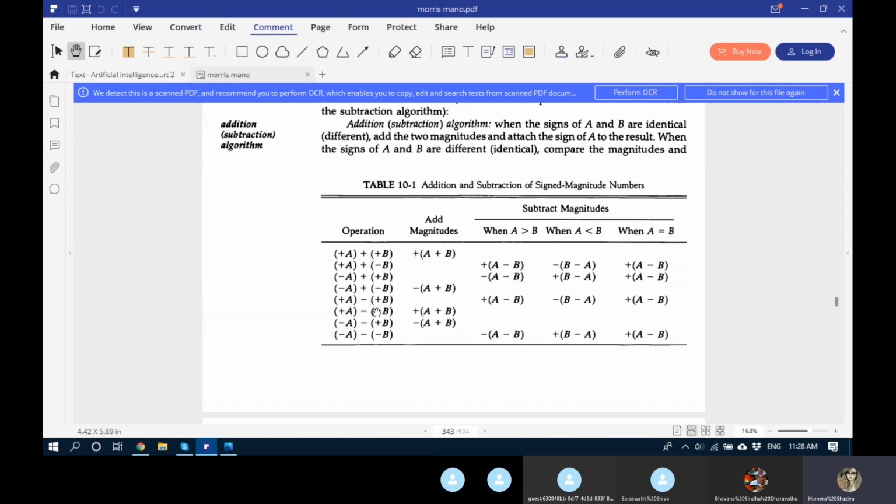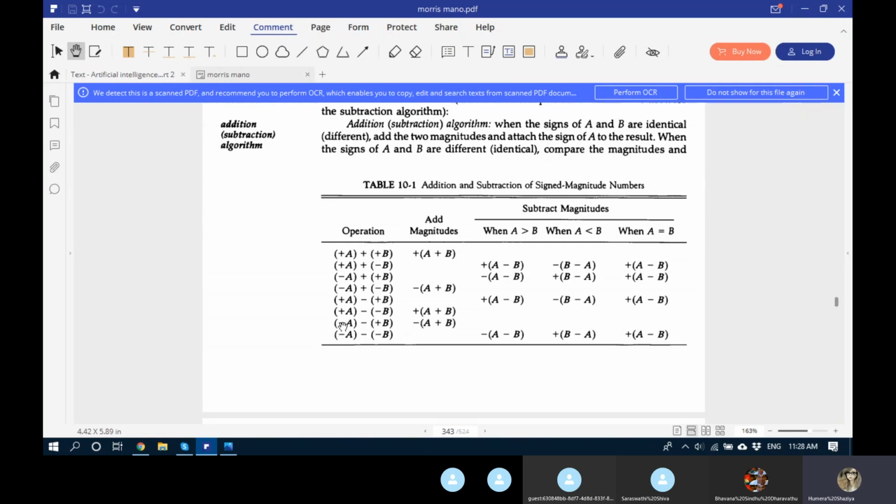When the signs are identical, then you perform minus. When A is greater than B, then the result gets plus sign, otherwise minus. Here